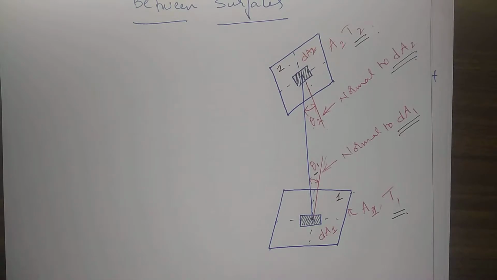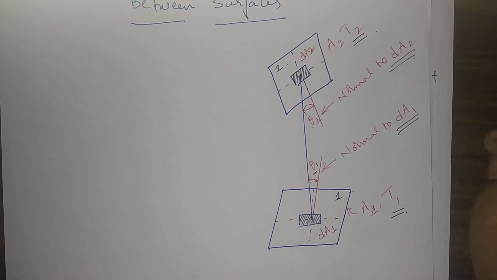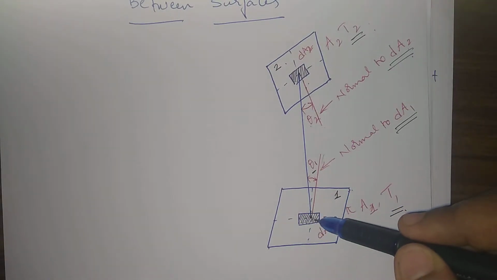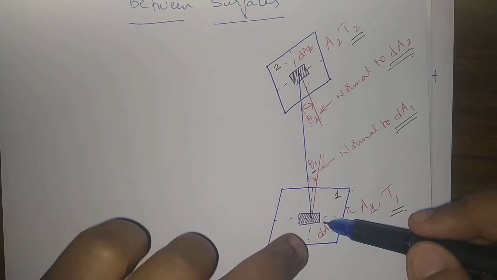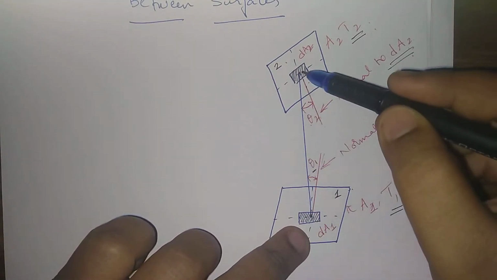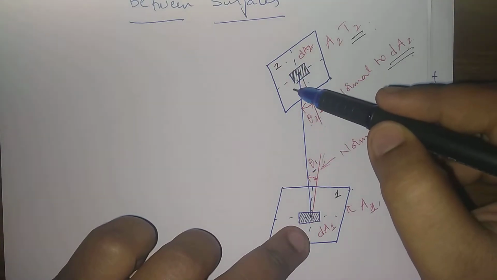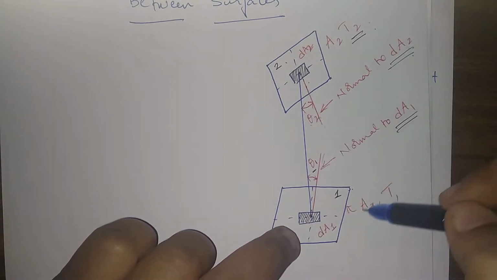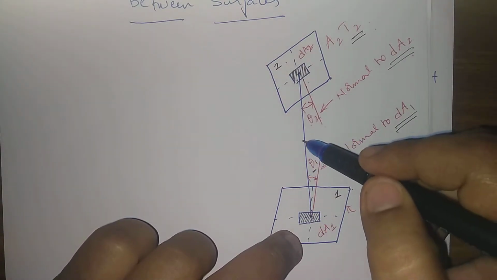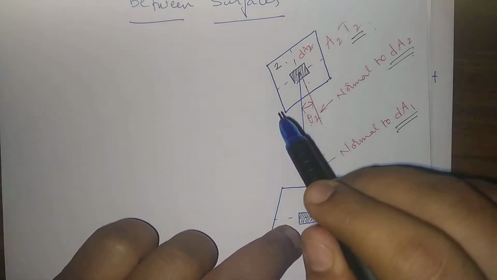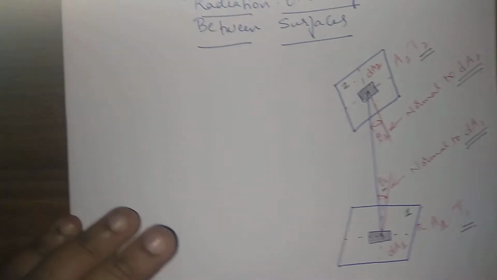Now from our previous discussion, I hope you have understood the definition of solid angle. So what is that solid angle? Suppose if you want to find out the solid angle subtended for this, you try to join the perimeter of this with a cone, and from this try to draw a sphere of unit radius, and whatever the area subtended on that sphere by the cone is what is called the solid angle.